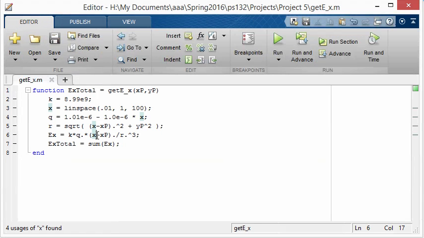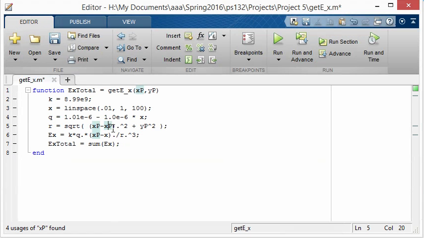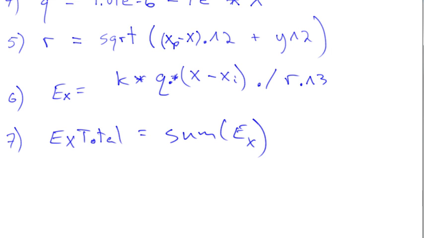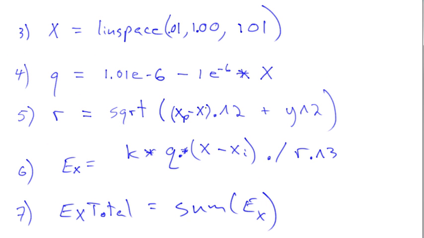That shouldn't matter here. xp minus x. I want to try saving that. I want to look at this, see if we can fix anything up in there. Yeah, I had xp minus x there. This was supposed to be a p right there. So I think I had